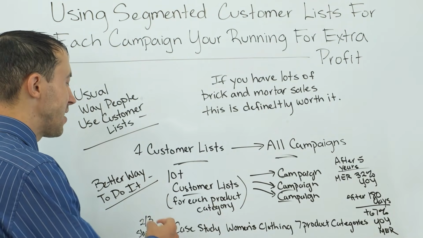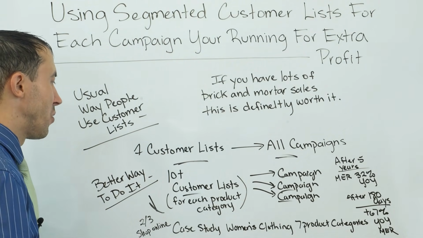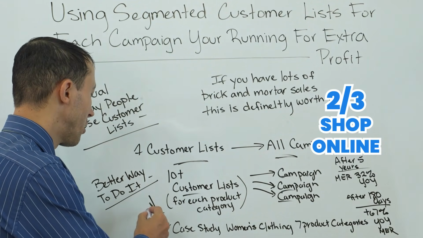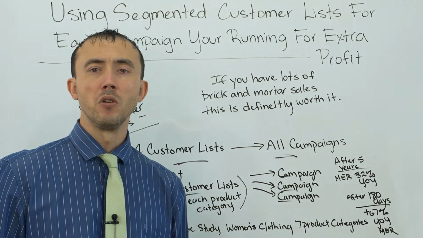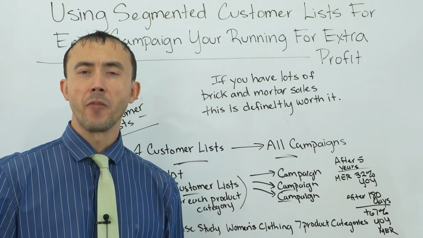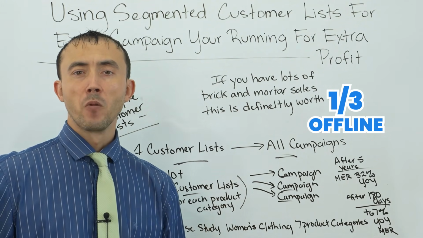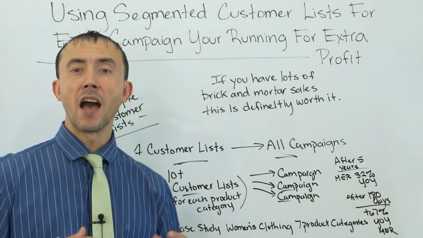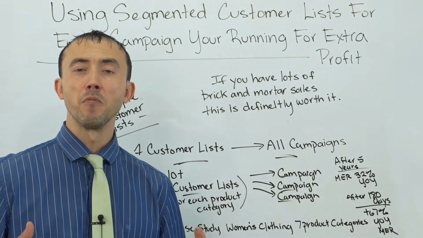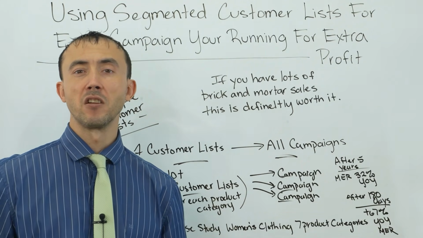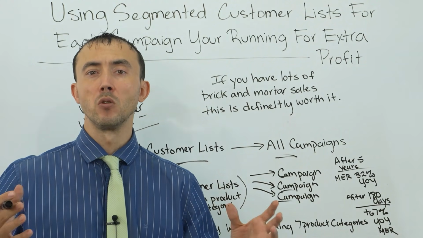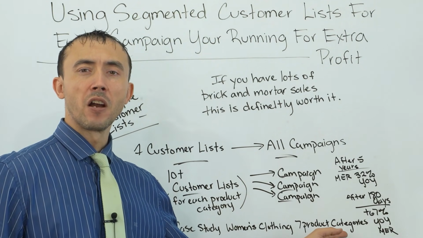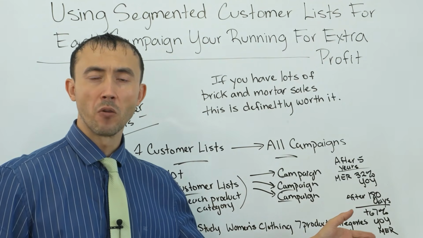So with that said, the case study I mentioned here, what we did, we had a women's clothing store that sold women's clothing, and about 2/3 of their sales would go through the online store, and then about 1/3 of the sales for this client was just offline sales. So I mentioned that because, like I mentioned earlier in the video, the higher the percentage of missing data that you have, the more you're going to benefit from this. That is, the more sales that occur offline and the more sales you get from outside Google sources, from sources other than Google. So with that said, we segmented all their products into 7 distinct categories, which if you sell